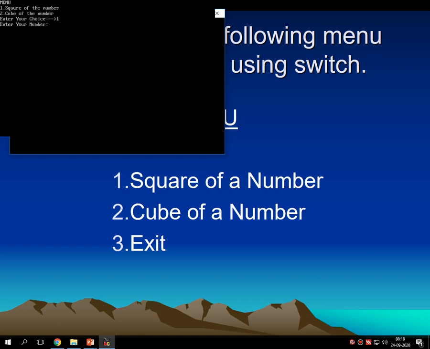Case number 1 has been selected by the switch statement as per the logic, and inside case number 1 I have written the two logical lines, printf enter your number and scanf %d and &a, which reads the one number. Suppose I am entering 2, then it prints the square of number is 4. So this is correct for part number 1.